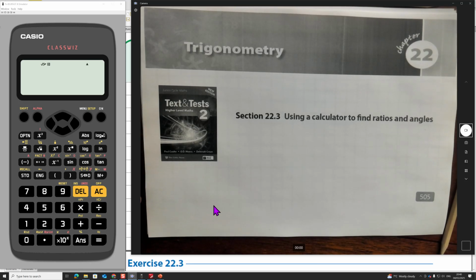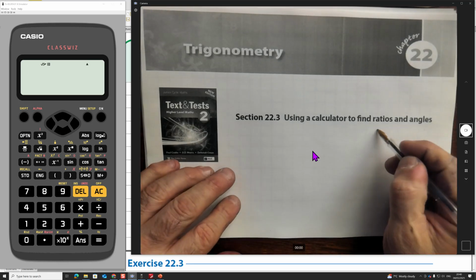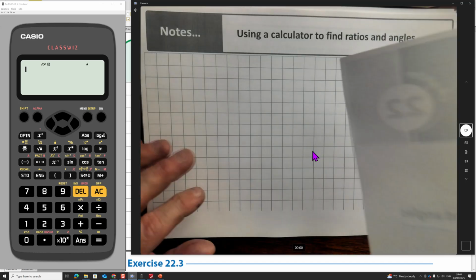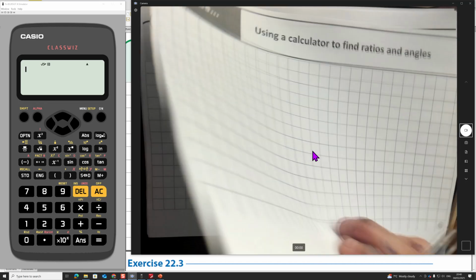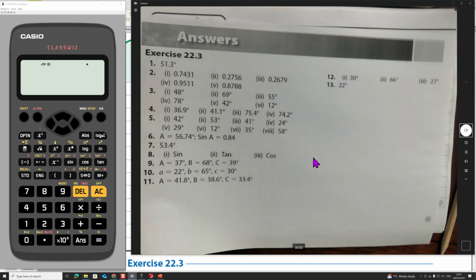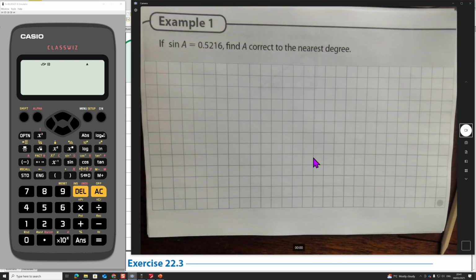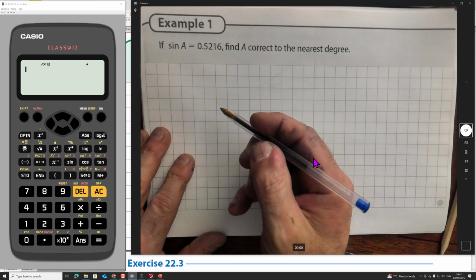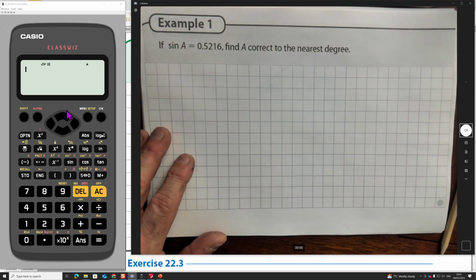Anyway, here we go. Using a calculator to find ratios and angles. Okay, we'll figure out what that means as we go along. So let's jump straight in. Here we are. And this time, guys, I have the answers here that we can check. I'm putting this on pen and paper and not straight in here because I just want to show